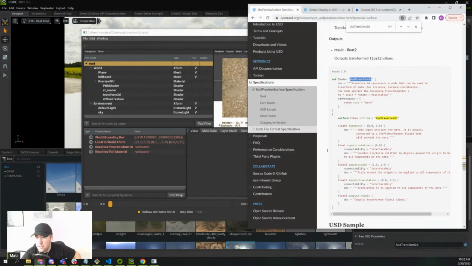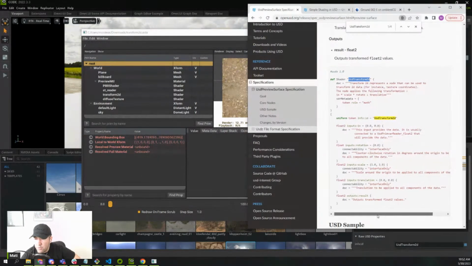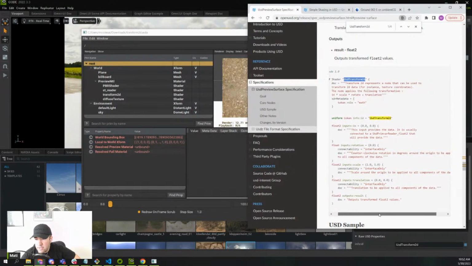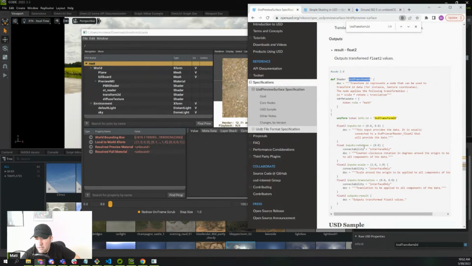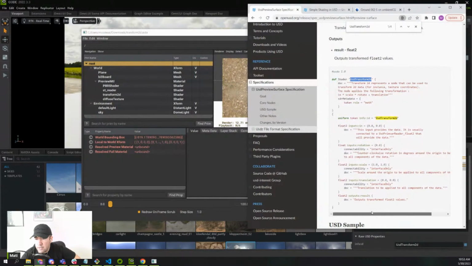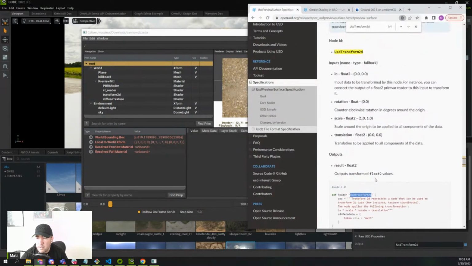See what the heck's going on here. Scale around the origin to be applied to all components of the data. Translation, and then rotation counterclockwise in degrees around the origin to be applied to all components of the data. So if I multiply by 2,